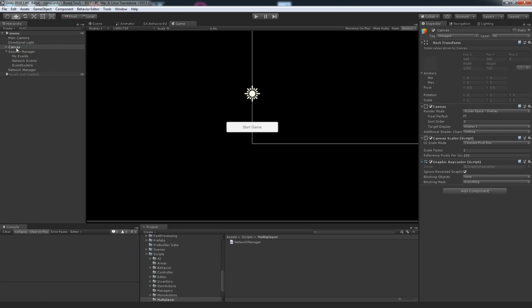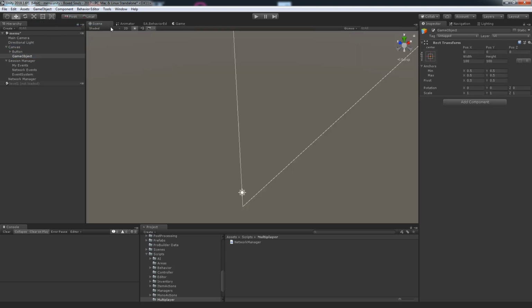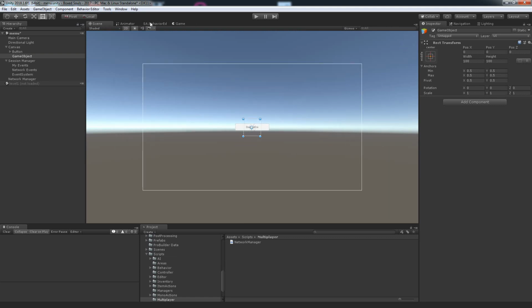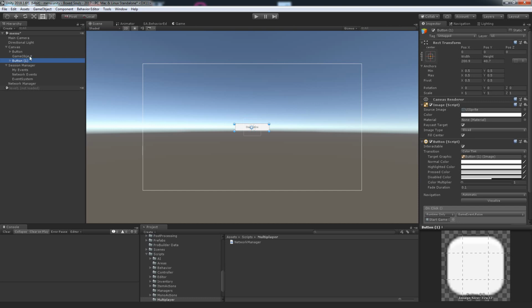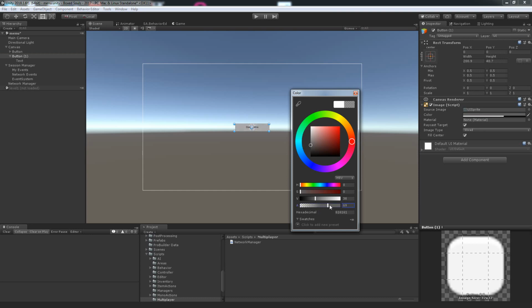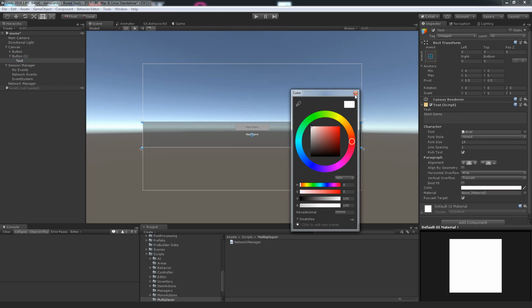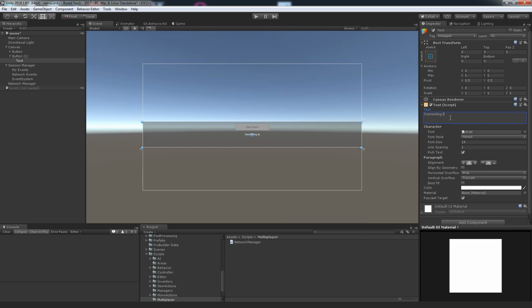Of course, with this we can just add canvas. Okay, let's say create empty. This is not going to look too pretty. Let's keep that in mind. And let's say game. Let's remove that. So I'm going to go and add, let's copy this button, and I'm going to say I just want the label for this. Going to remove the button. I'm going to change this to something darker, lower this, raise this something like that, whatever. Okay, change this to white and say connecting to server. Maybe change this to 24 or something. Okay,